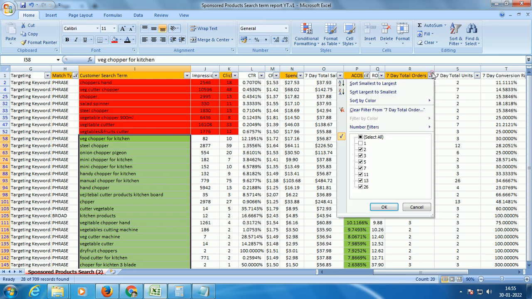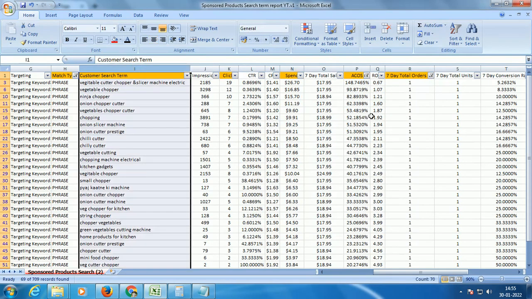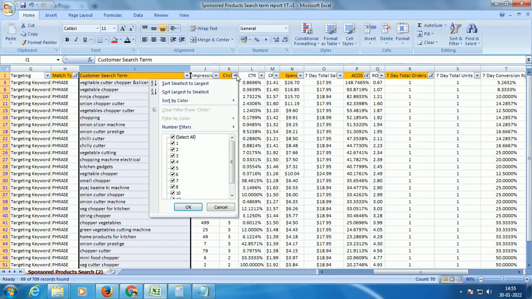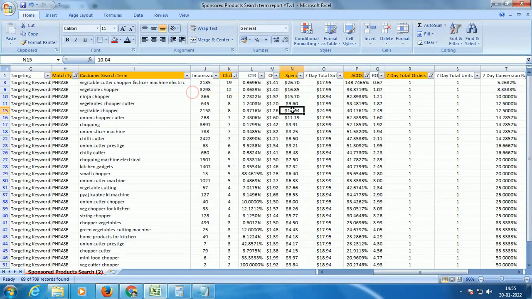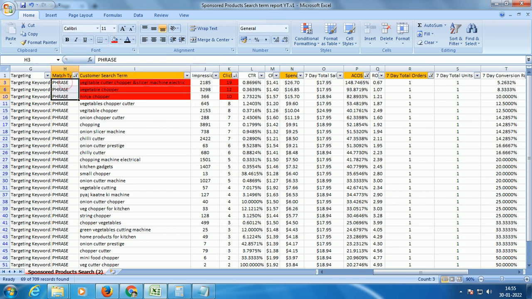Then what about the ones where we received only one sale, right? When you look at this data set within your broad and phrase match campaigns, there are so many search terms where you got only one order. So once again, you will sort it by ACOS, largest to lowest, and you'll also see how many clicks you received, largest to lowest. Wherever you see more than 10 clicks, you're going to simply negate these search terms from the corresponding broad or phrase match campaigns. In this case it is phrase match, so you're going to negate these search terms from the corresponding phrase match campaigns. Simple, right?